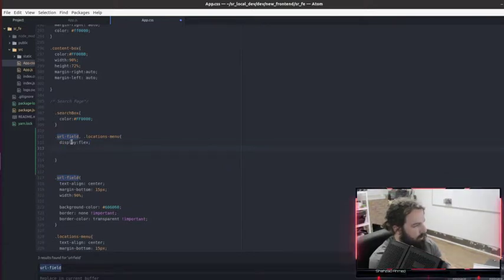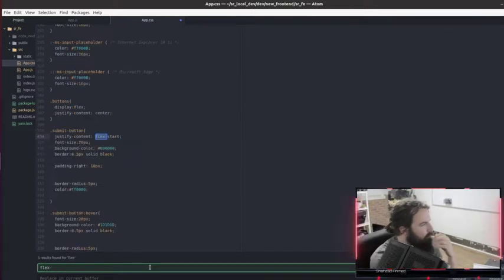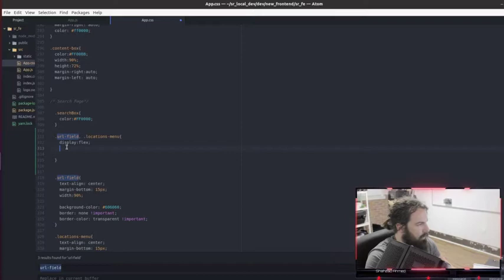Then URL field is going to be justified content. I'm just completely dumbing out on my CSS right now. That's Flex. So we want this to be URL field.